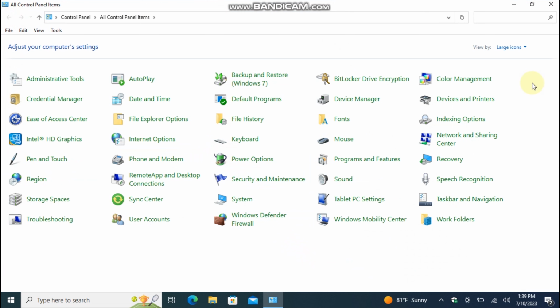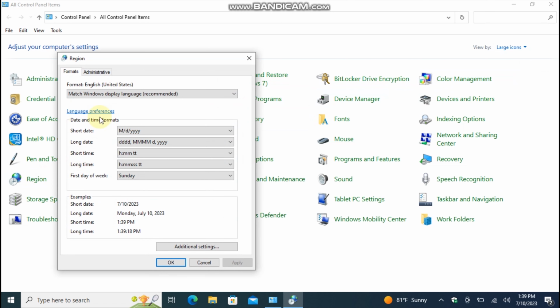Open Control Panel and switch to Icons view. Find the Region or Region and Language item and open it. Click on the drop-down First Day of Week and choose Monday or any other day on which the week should